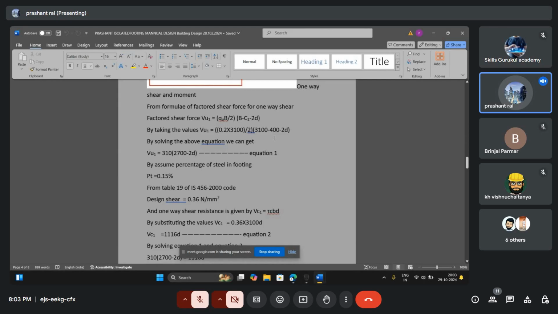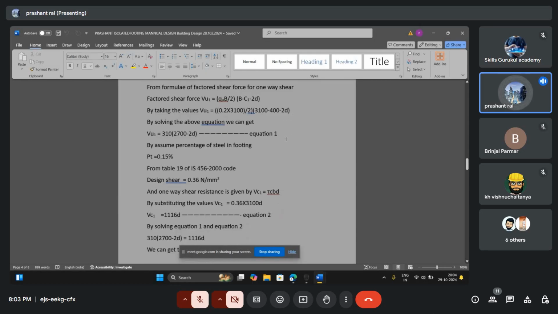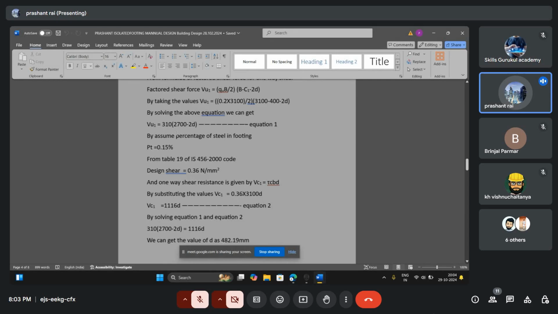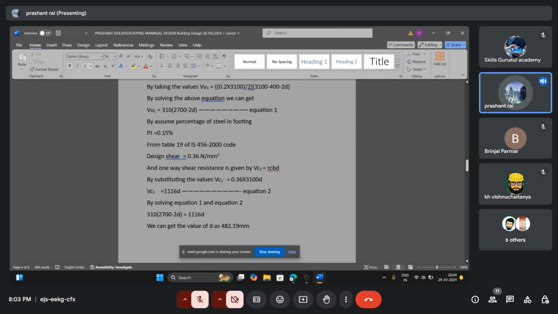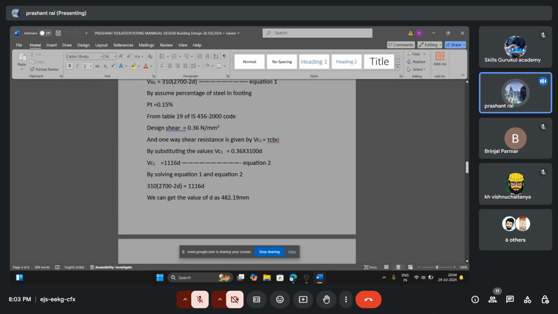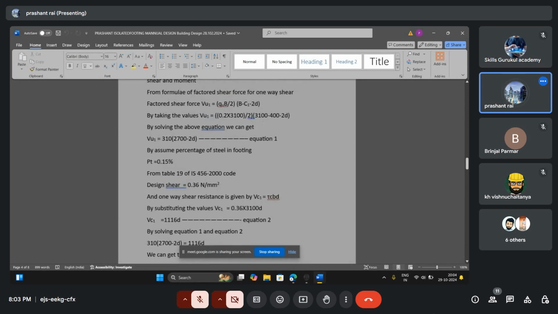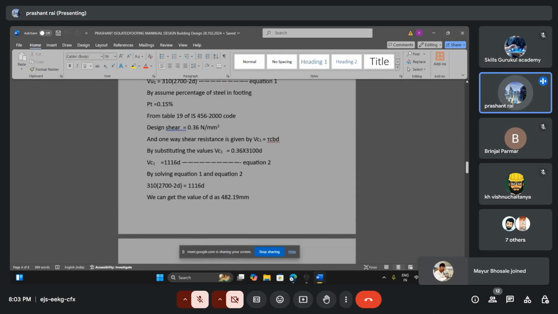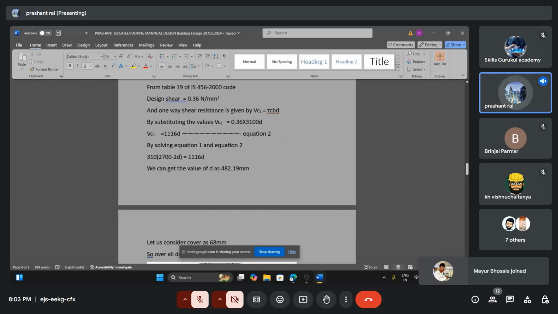C1 is equal to the length of the depth of the column, and 2 multiplied by 2d. After calculating all these things, we got this first equation, 310. Second, by assuming 1% of steel in footing, which is 0.15%, from table 19 we got the first value. After putting this value, we get design shear as 0.36 Newton per mm square, and the one-way shear formula is